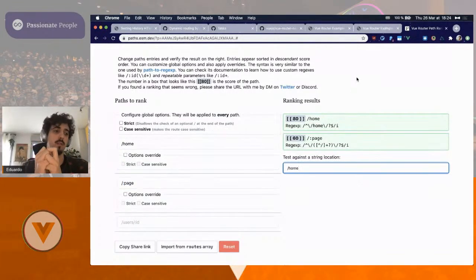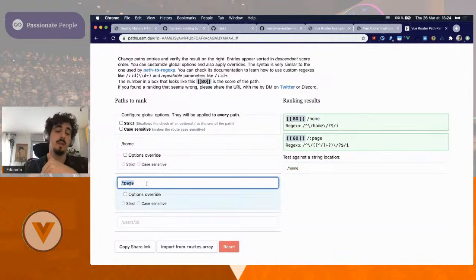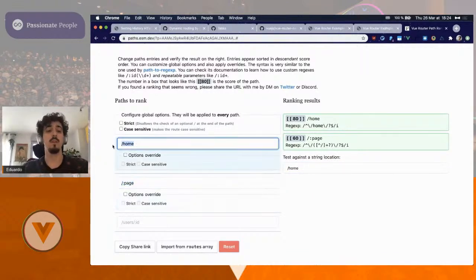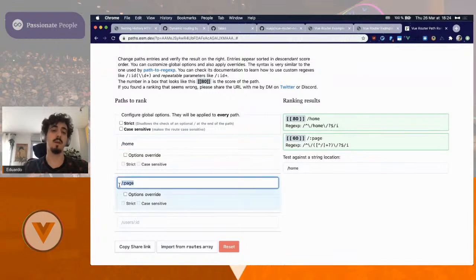In the current Vue router version, if you put both of them in the wrong order, so let's say you put the one with the dynamic parameter first, and then the one with the slash, you will end up always matching the one with the dynamic parameter because that one is matched first. On the new version of Vue router, they have scores and they are ordered correctly, so they are tested in the right order, and it feels like the router is guessing the route that you want.